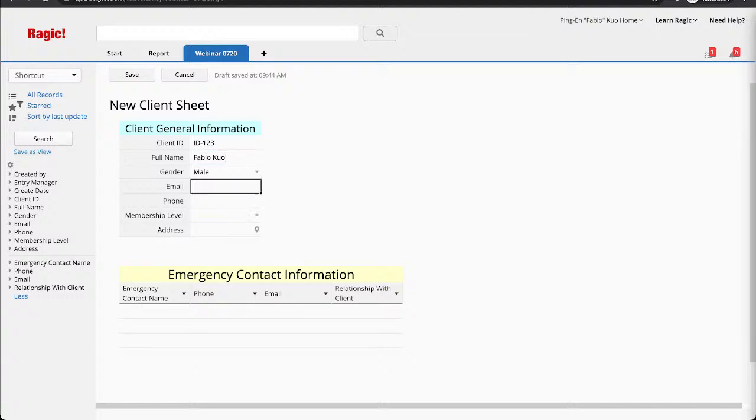Email Fabio@ragic.com. Phone. I have a membership level, gold, and right now below I can also enter my emergency contact name. Brown.